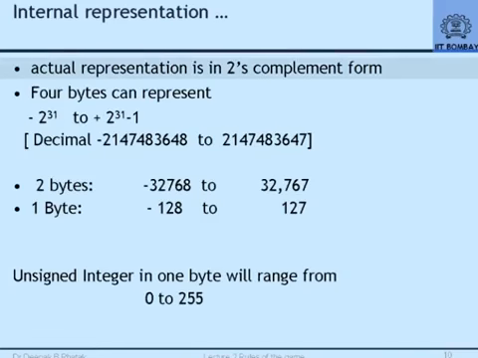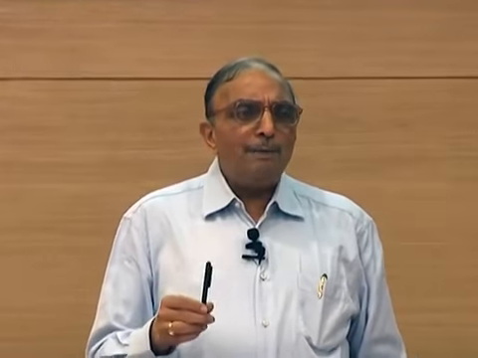Consequently, people have designed a different way of representation, which is called 2's complement representation. We will not go into those details. Suffice it to say that 2's complement takes care of this double representation of 0 in some way. It's a complicated way. Sorry, your question, please. Yeah, so in some manner it takes care of that dichotomy of plus 0 minus 0 and restores to us that extra value that can now be represented.